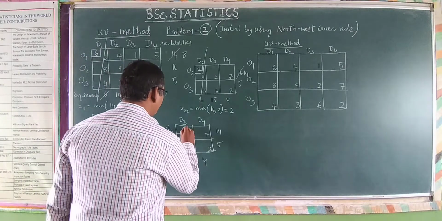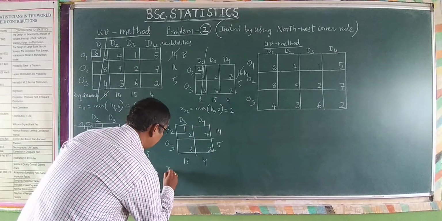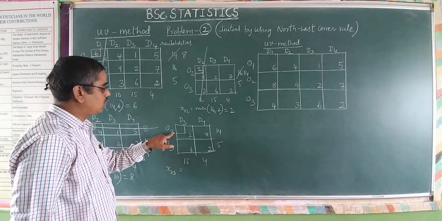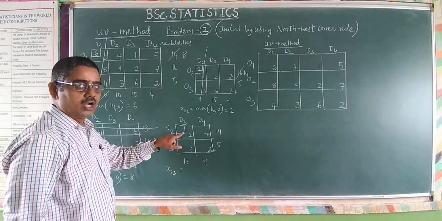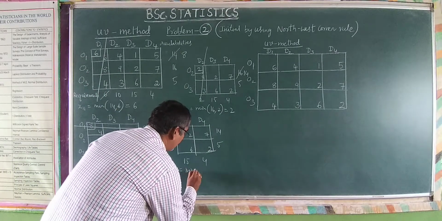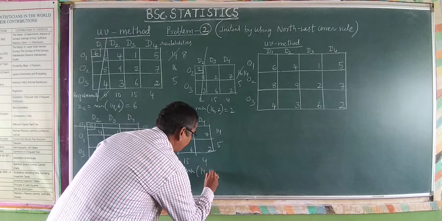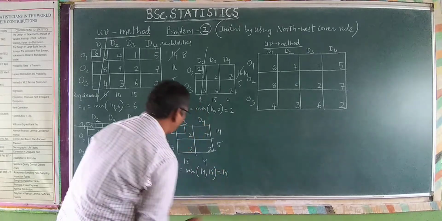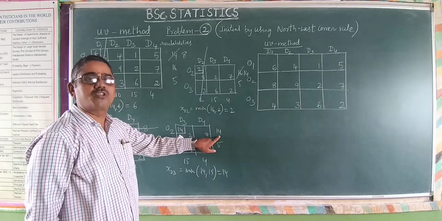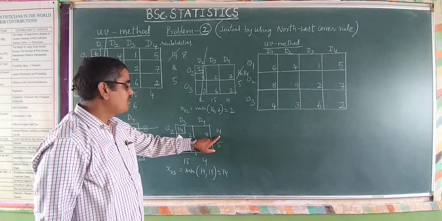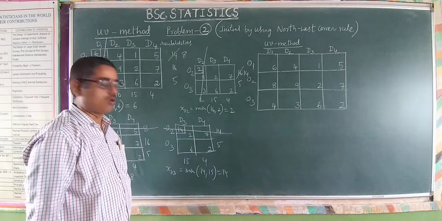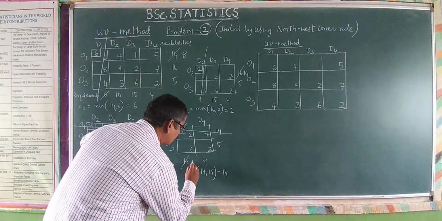That is so, which means here it is allocated in second row and third column, that is x23, cell 23. So therefore x23 is going to be calculated by minimum of 14 and 15. It is nothing but 14. So the 14 I am allocating here. 14 is at the origin 2. That is availability at origin 2 is exactly 14, hence cancel second row. Remaining requirement is 1 here.